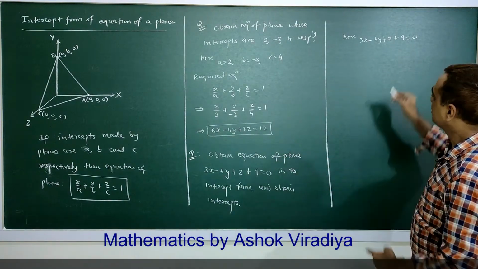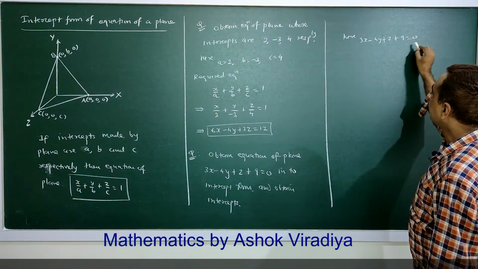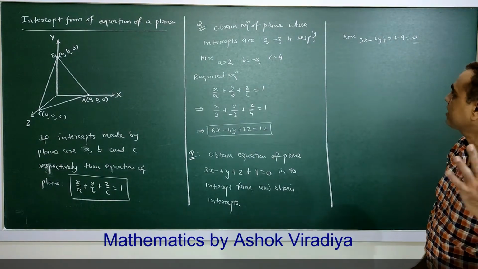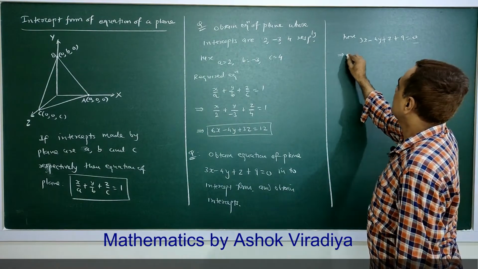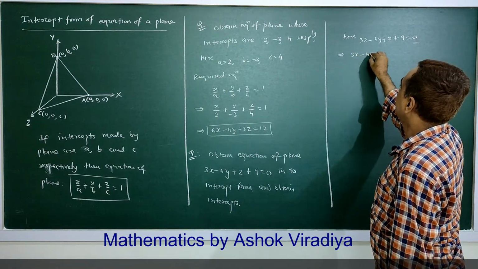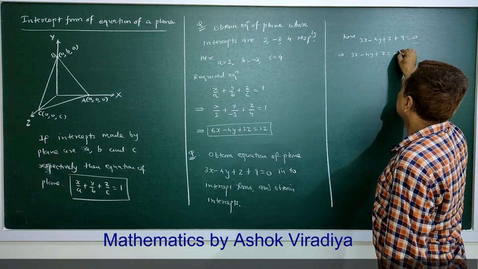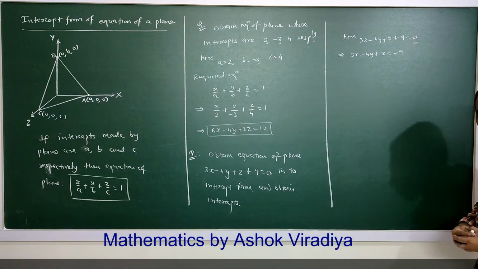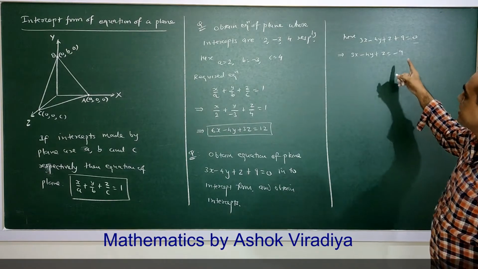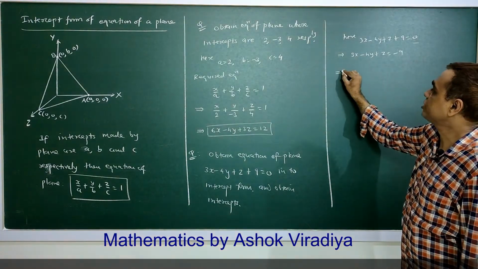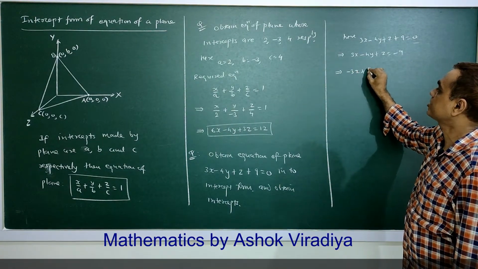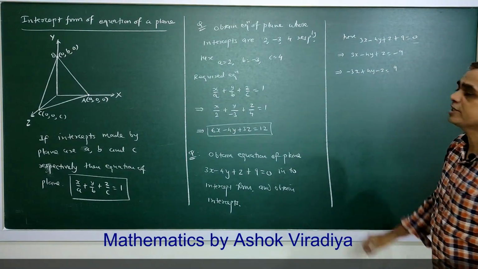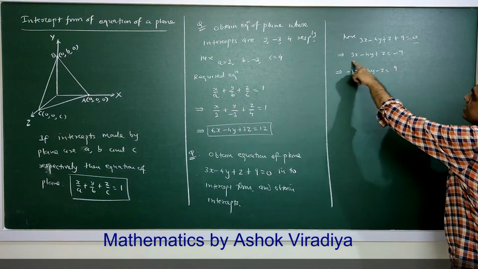First of all, we have to set +1 on the right hand side. So here 3x minus 4y plus z equal to -9, a constant shift on the right hand side. Because we need plus 1, first of all we change sign. So minus 3x plus 4y minus z, negative is converted into positive. So the signs are changed.